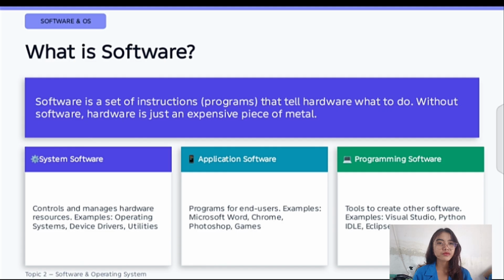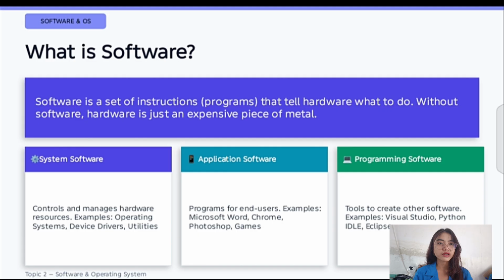First, system software. This controls and manages hardware resources. Examples are operating system, device drivers, and utilities. Second, application software. These are programs for end users, the programs we use every day.